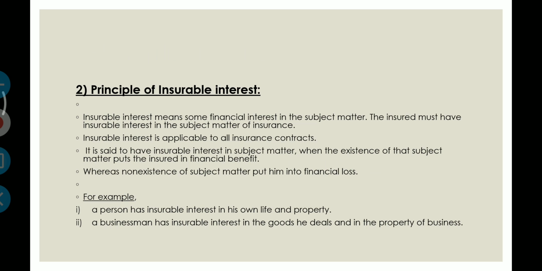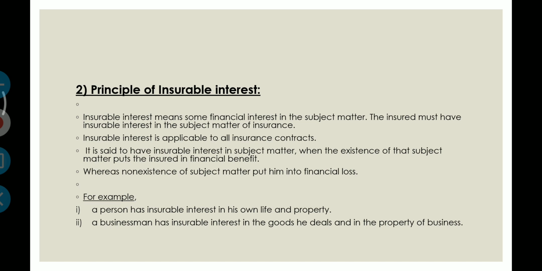But if my neighbor's house is burnt, I am not at any loss. So someday I may go and put fire in their house, and then go to the insurance company and claim that the house is burned. Now give me insurance money. This can be done. Why? Because I did not have any interest in the house of my neighbor, but I took insurance,